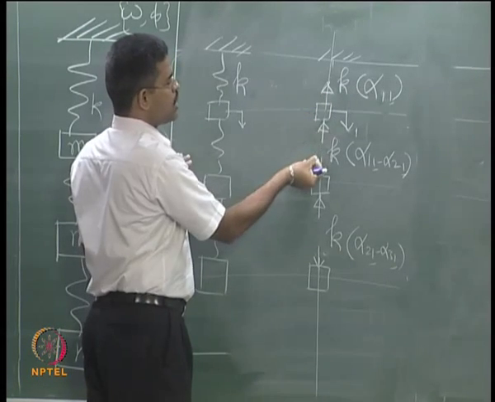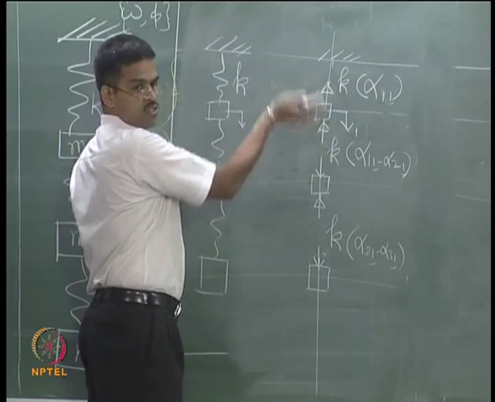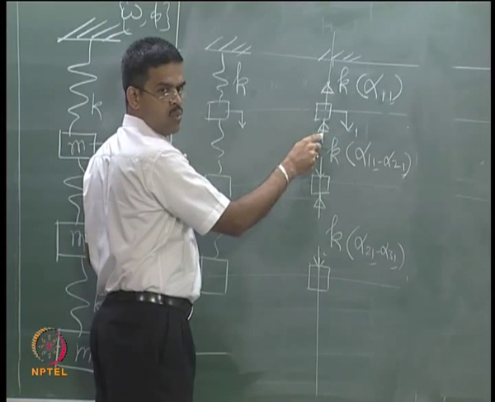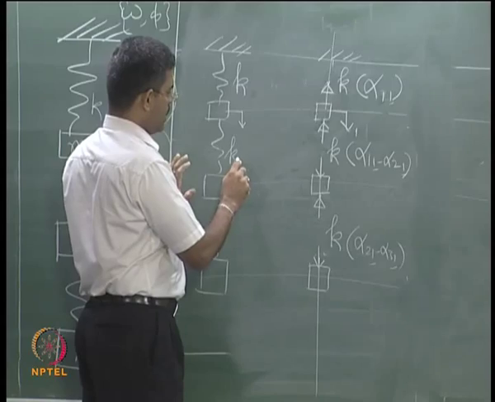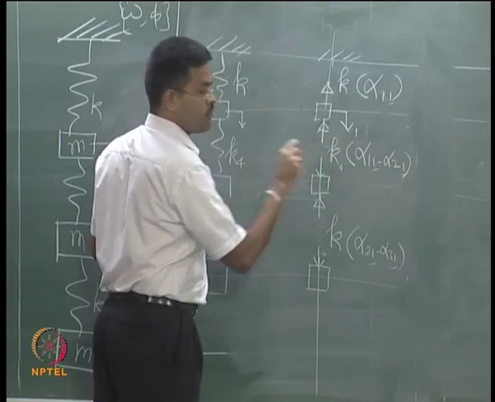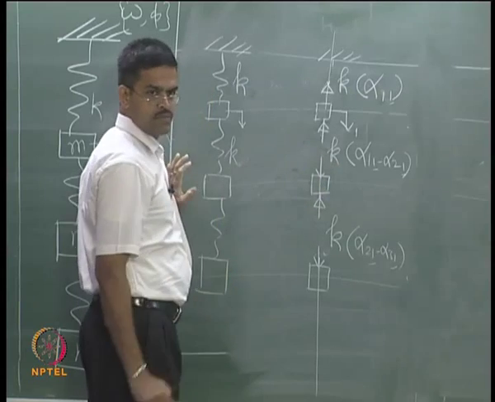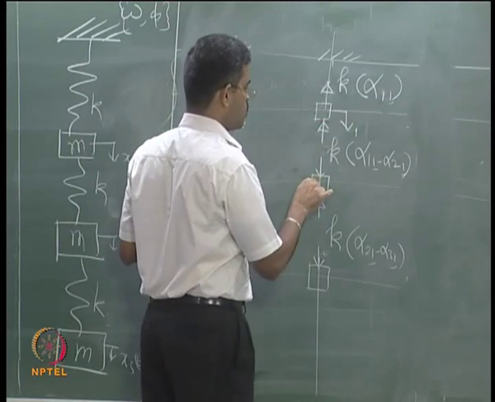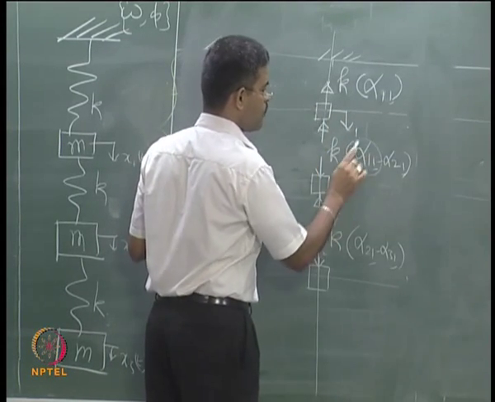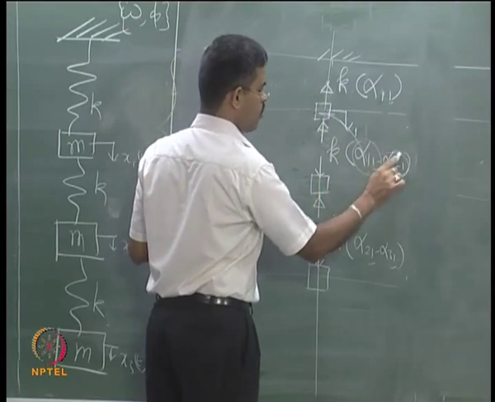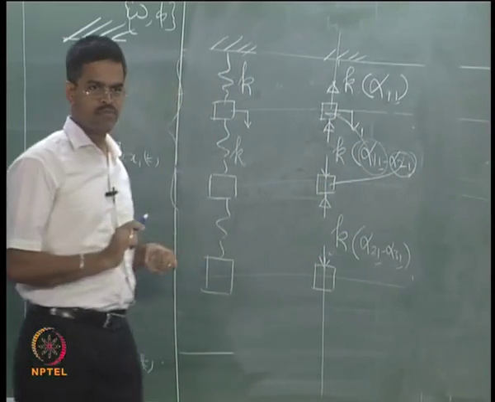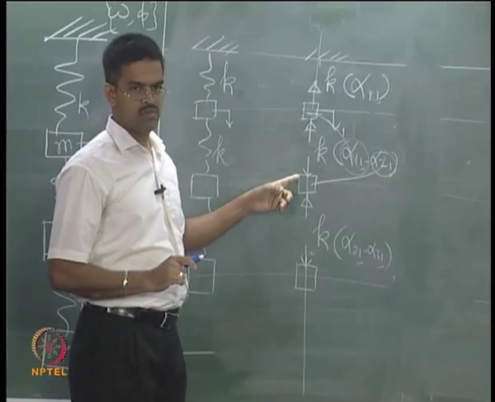When this mass moves down, this spring will try to oppose it. So I am marking this arrow. If I say this is, let us say, k4, this will be k4, and this is connecting 1 and 2. Therefore, put the first coefficient here, the second coefficient of this here, and mark the arrows.